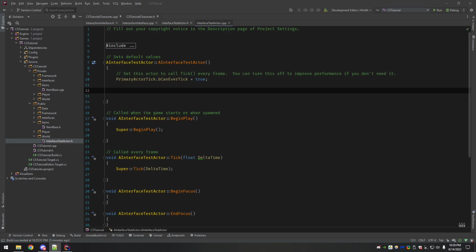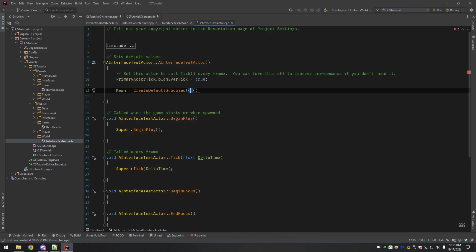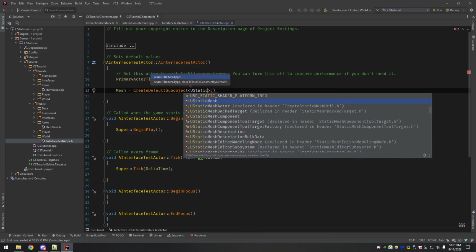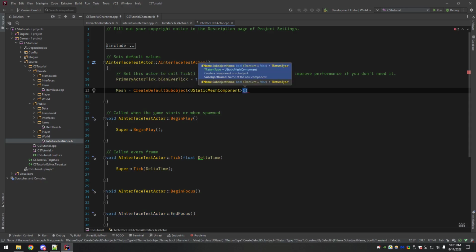So first what we want to do, come into the constructor, and we're going to say mesh is equal to CreateDefaultSubobject. It is a UStaticMeshComponent, and this is just the name, we can just call it Mesh.